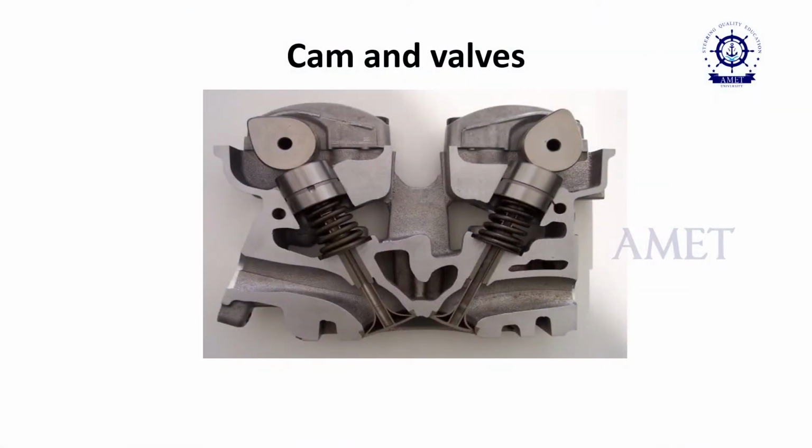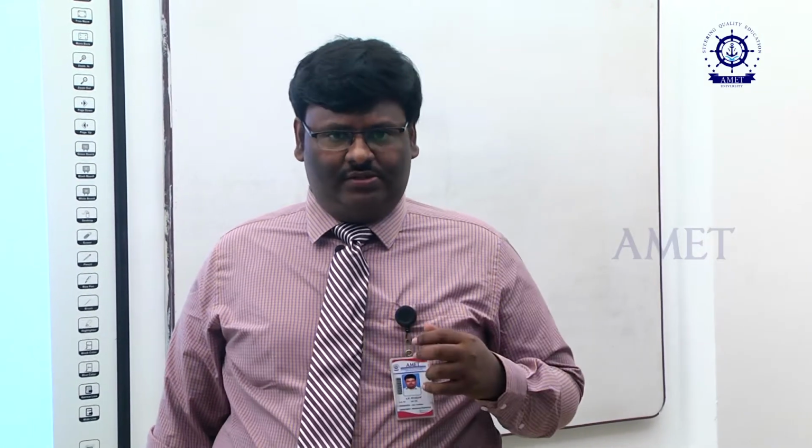You can see here a cam and a valve. When the sharp lobe of the cam pushes, the valve opens. When the sharp lobe of the cam moves aside, the valve automatically closes. Thereby the camshaft helps in opening and closing the valves. Usually, if an engine cylinder has two valves, an inlet valve and an exhaust valve, one cam will control the opening and closing of the inlet valve. The other cam will control the exhaust valve. When the valve needs to be opened, the sharp lobe of the cam will push the valve head, and when it moves aside, the valve will automatically close.